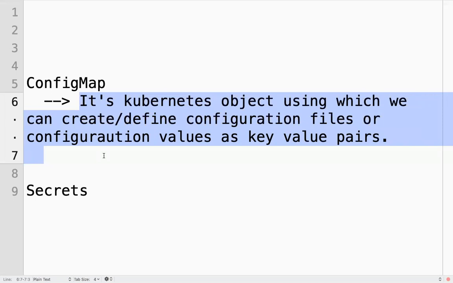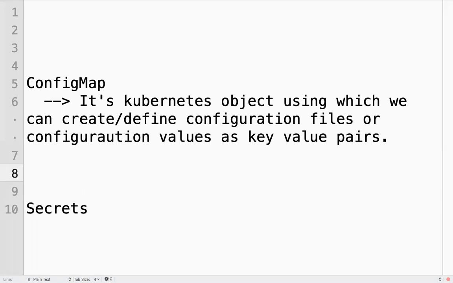I can create a config map as a key value pair or as a file, then refer to that config map in my Kubernetes manifest, something like this.